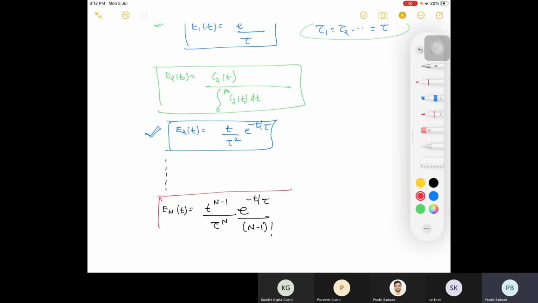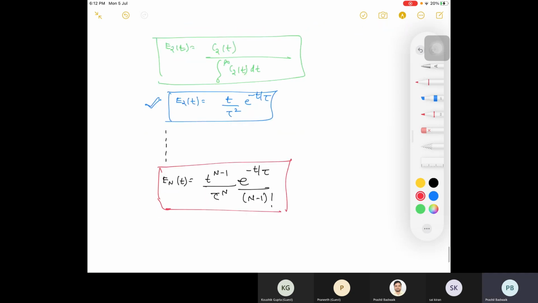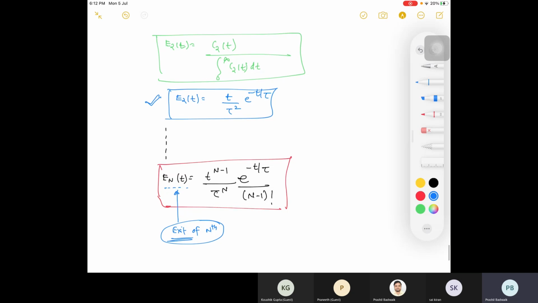This is your E(t). Can you please tell me what this is called? It is the amount of tracer at the exit of all reactors at a time t. So it is the exit of the nth reactor, the final, last reactor. And that is your E curve for the whole system. Basically it is for the whole system, but you can write it for the nth reactor.